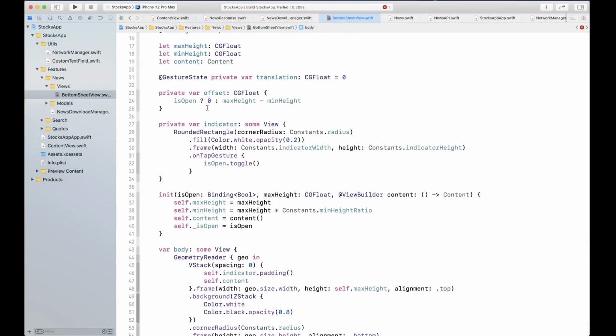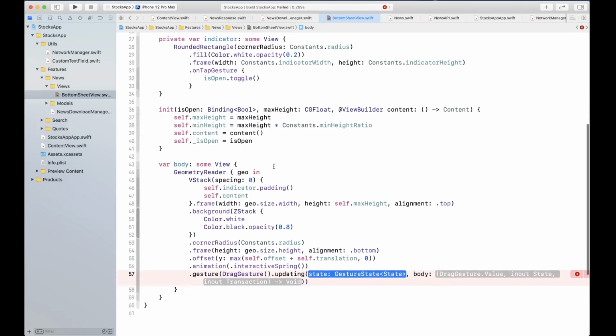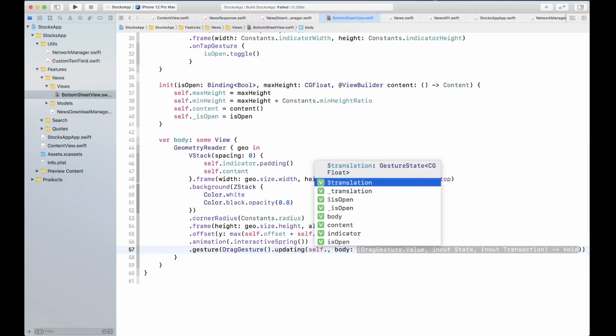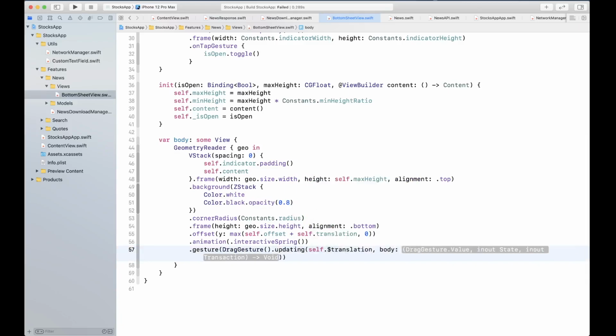This is where we use the gesture state that we created for the translation, self dot translation, dollar translation. Whenever the gesture is being applied, during those updates, you receive these values back: the value and the state.